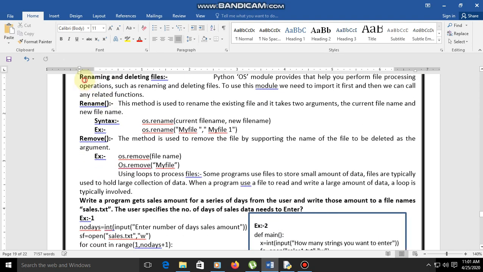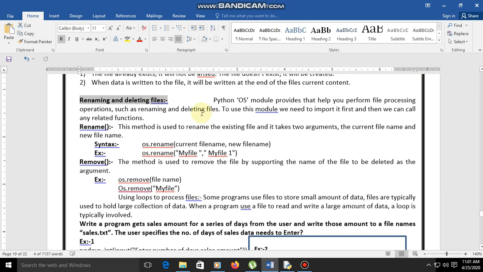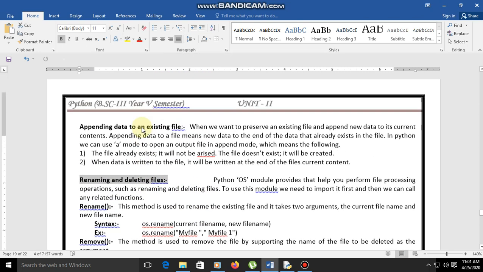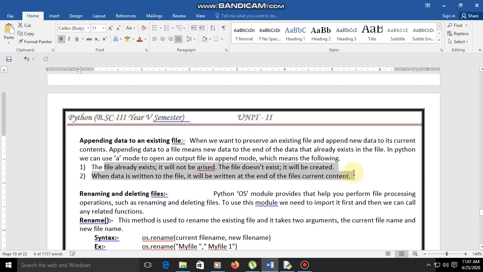The next topic is renaming and deleting files. For this no example is given, so don't bother about that. Simply open your program, myfile, and write whatever you want after the third line.